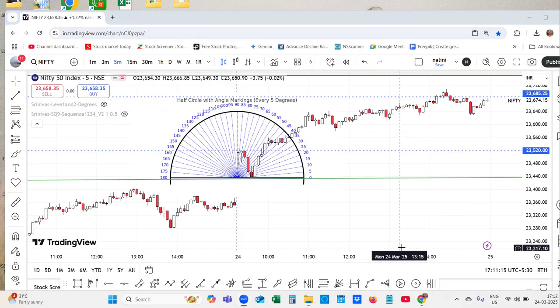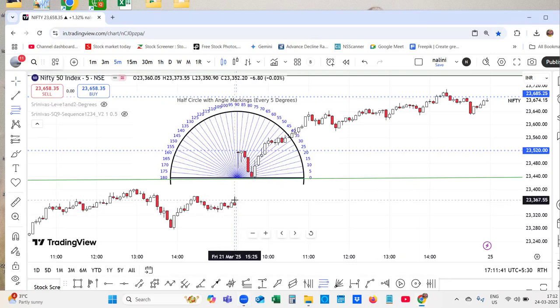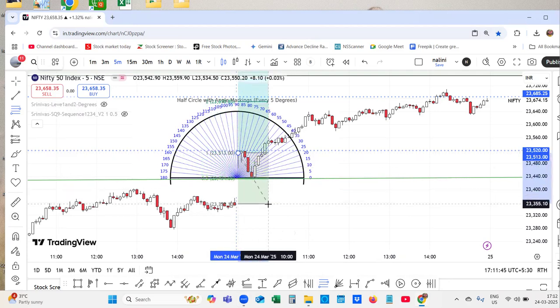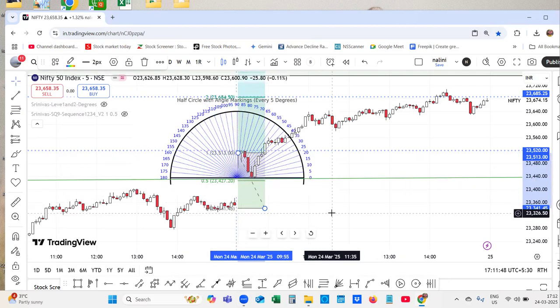I posted in a community post about my clock. I created it with the help of a protractor. I can share this image with you all. You must be familiar with my 5-minute strategy, which is the breakout of the 5-minute candle. That is the trend. Actually, you need to change it a little bit when it gaps up, you need to apply this.